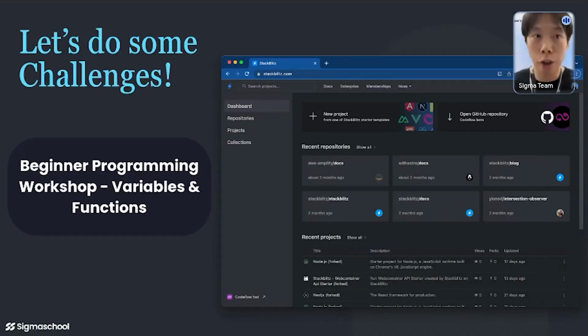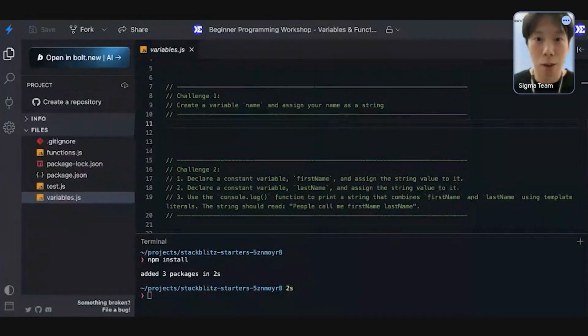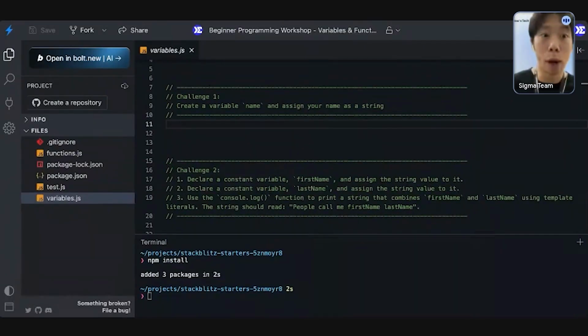Now I'll walk you through it. It will pop up and show you something totally different. It'll bring you to a different window. What that does is it brings you to what we call StackBlitz. StackBlitz is a web code editor. And when you click the link, this is what you will be seeing, right? If everyone's seeing the same thing, give me a thumbs up.